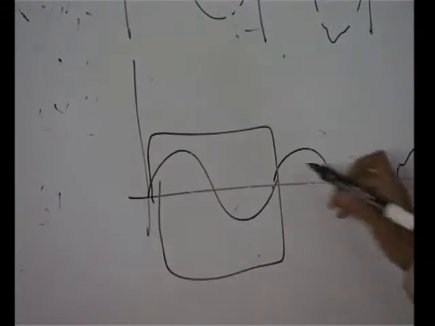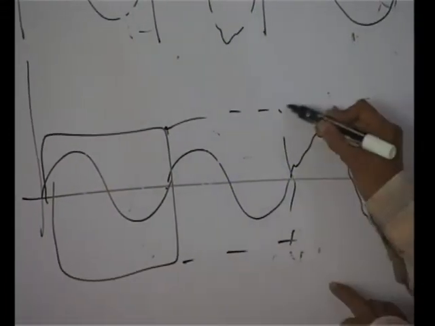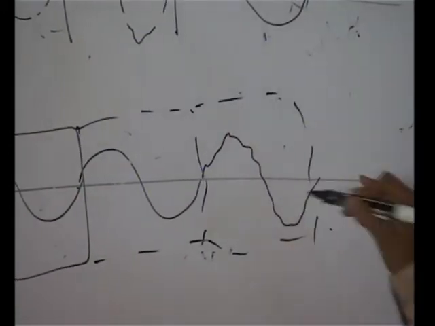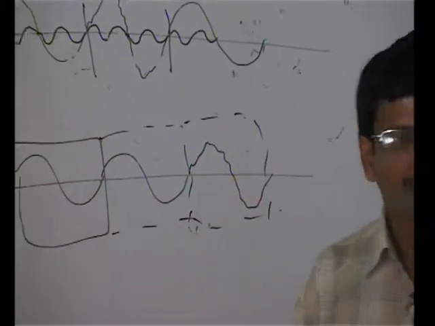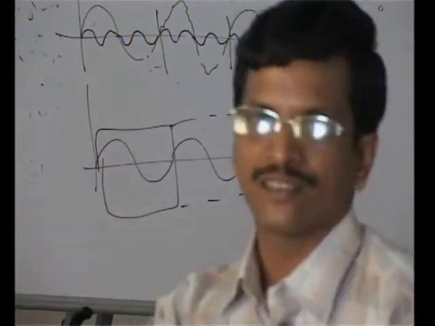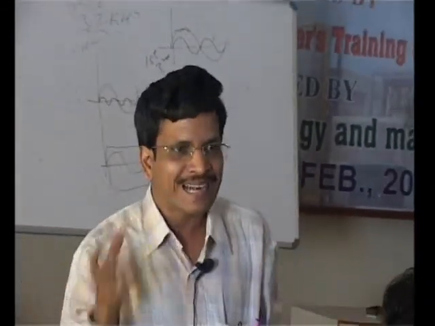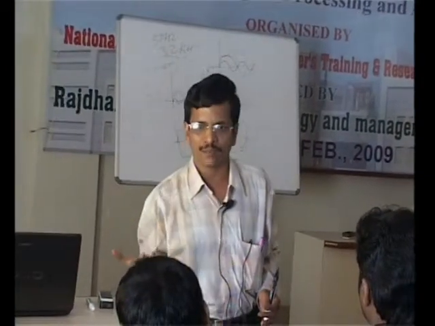Now I will slide this window to this one. It will give you fundamental only. Now I will slide this window further. So it will give you fundamental and harmonic. So now you are sliding the window just like this. You look into the signal through the window, then slide to that, then slide to that. So you can find out in which duration you have the harmonic component, at least you are getting time information.